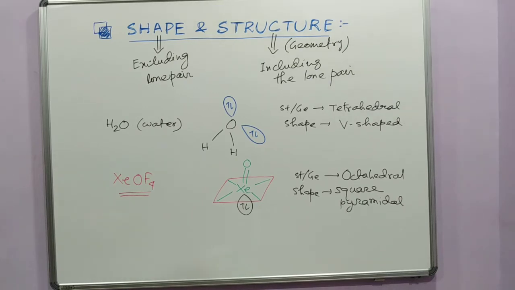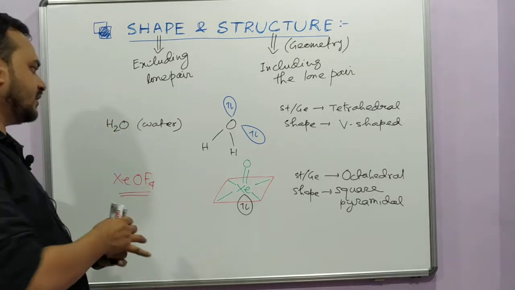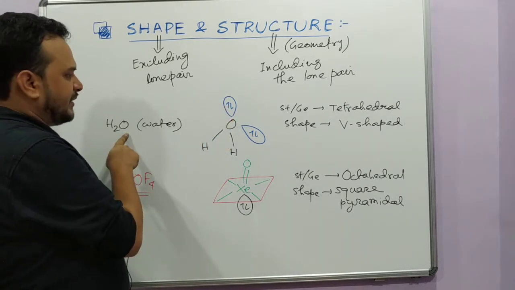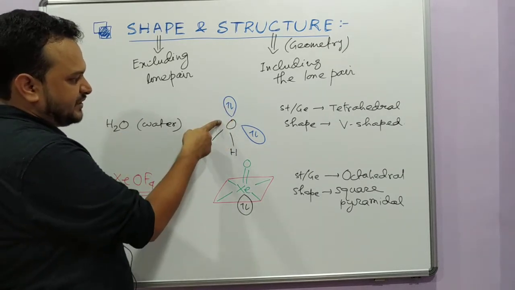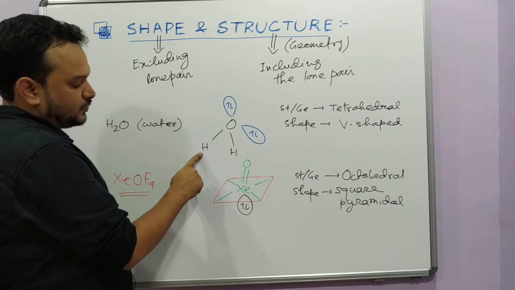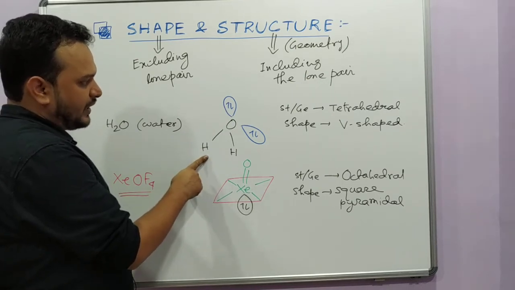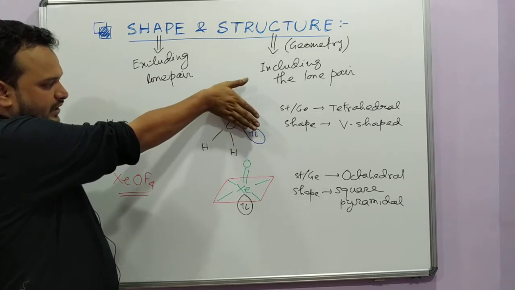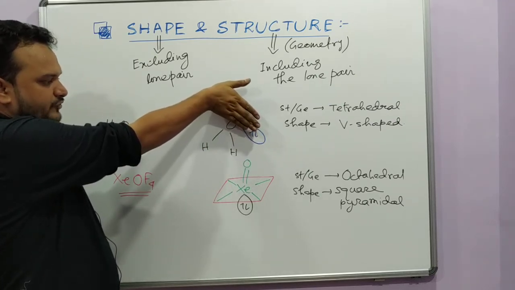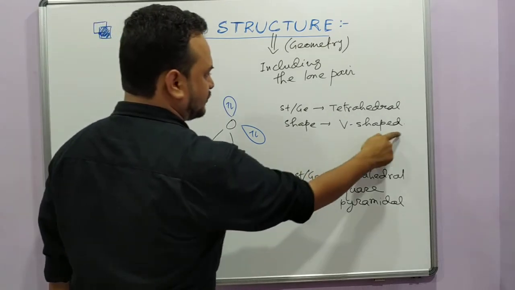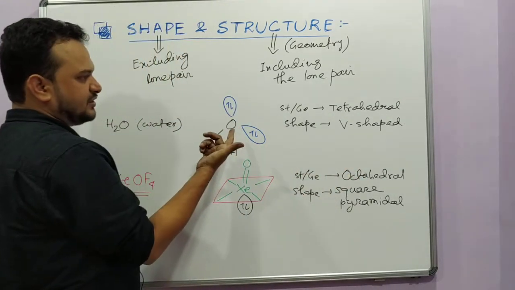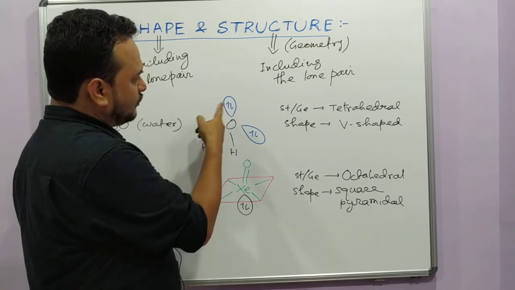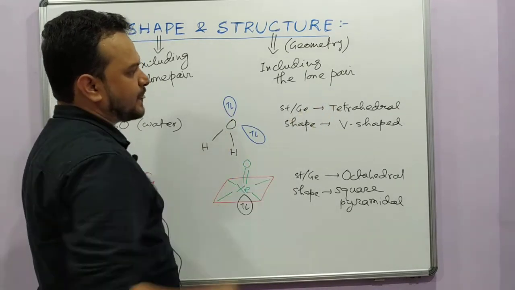We have 2 more examples for you here. One is water. You know that there are 2 lone pairs and the hybridization that comes by calculation is sp3, tetrahedral. So 2 of the vertices will be occupied by hydrogen and the remaining 2 by the lone pairs. If you remove the lone pairs, it will look like the alphabet V. So the shape is known as V shaped, but for the structure or geometry, just because it is sp3 hybridized, you have to include the lone pairs and it will give you a tetrahedral structure.